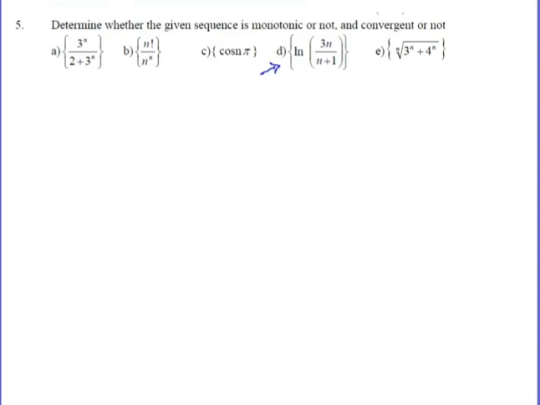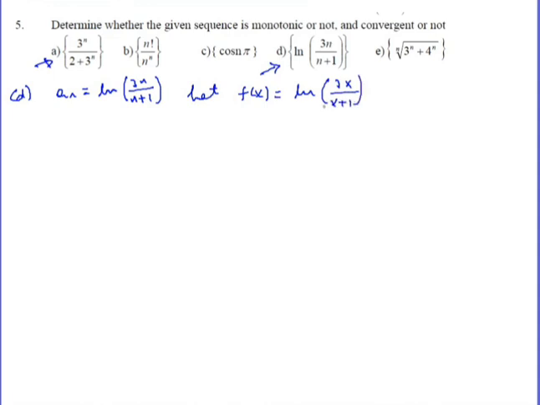okay, now let's see the d part. in d the nth term is ln of 3n over n+1 ነው። so this is the nth term. ልክ እዚህ a ውስጥ እንደተጠቀምነው የዚህን ሲኩዌንስ ሞኖቶኒሲቲ ቼክ ለማድረግ ፈርስት ዴሪቬቲቭ ቴስት ነው የምንወስደው። so let our function is f of x is equal to ln of 3x over x+1. okay, first derivative ተጠቅመን